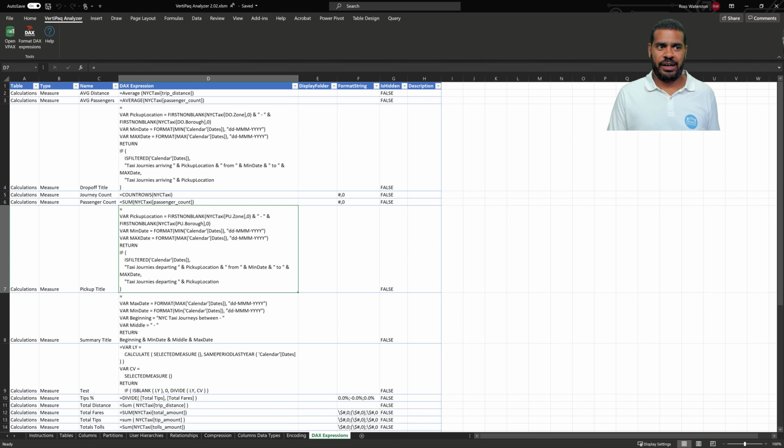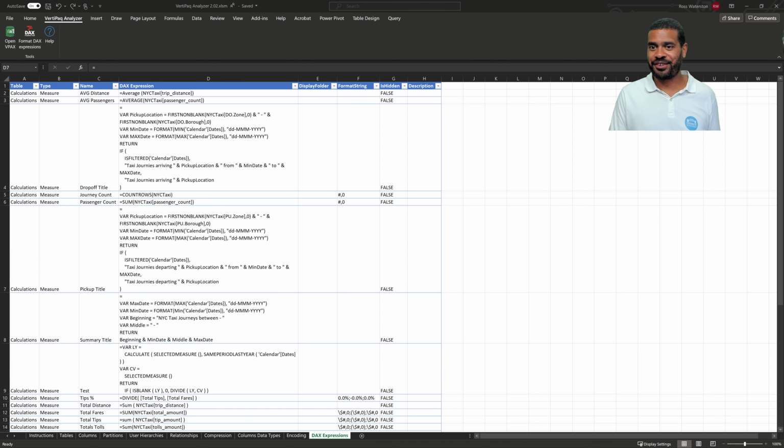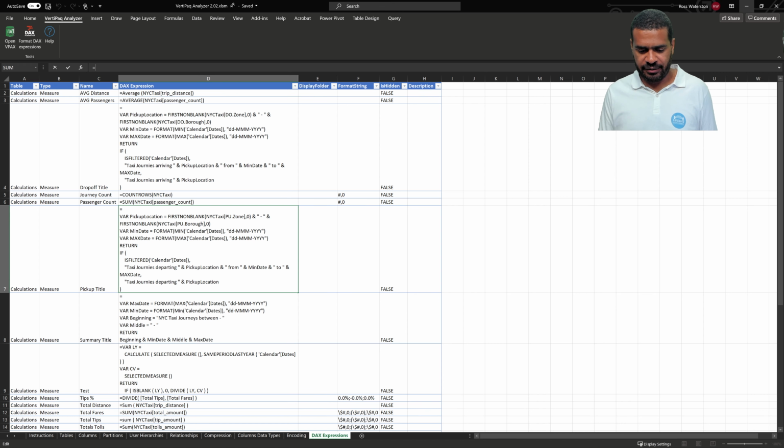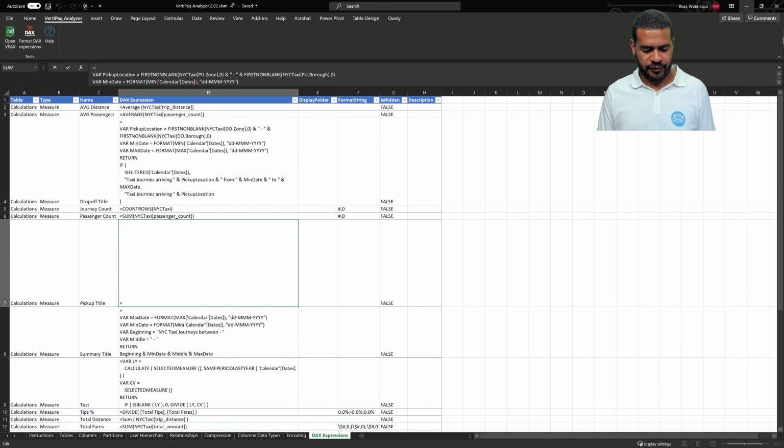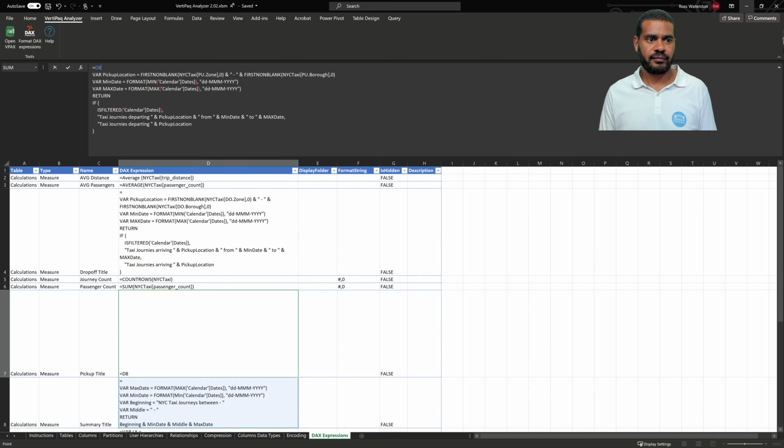So that's, wait, that's pretty simple, isn't it? What's the catch, I hear you say? Honestly, there isn't one. So let's go. Let's expand this down so that we can actually see the full text of these, right? And then we can start to go through and copy and paste these into our other PBIX